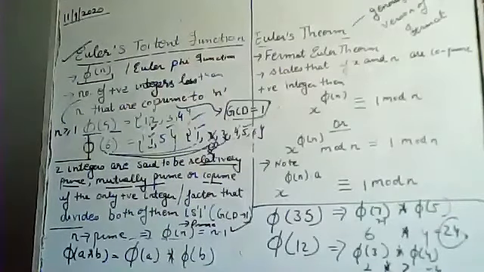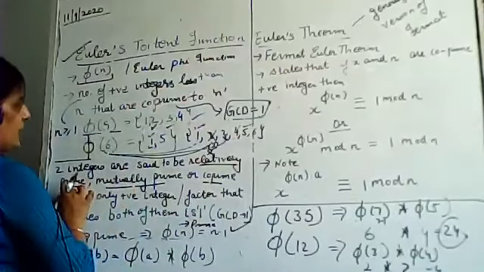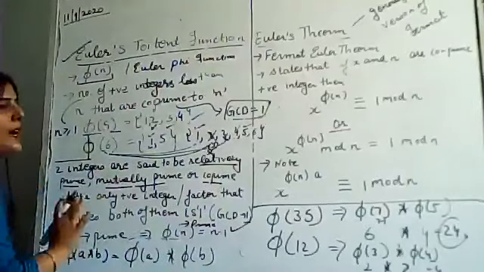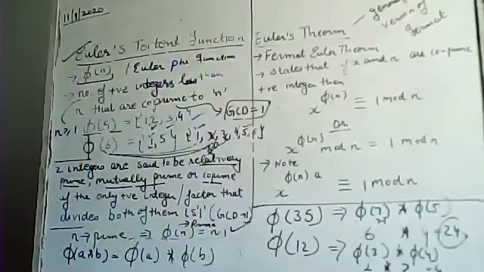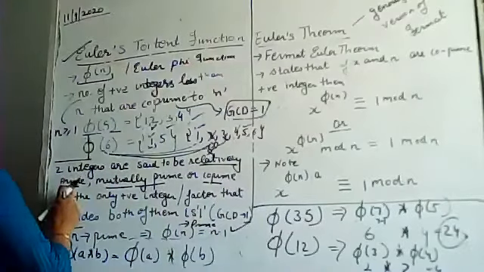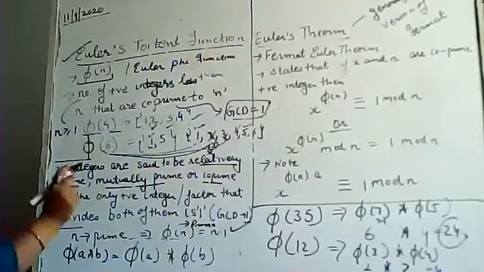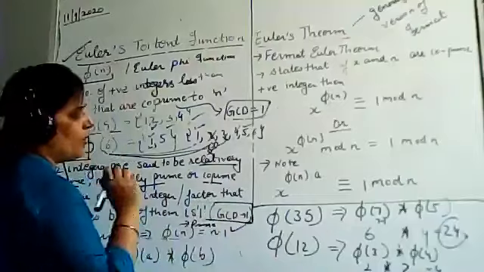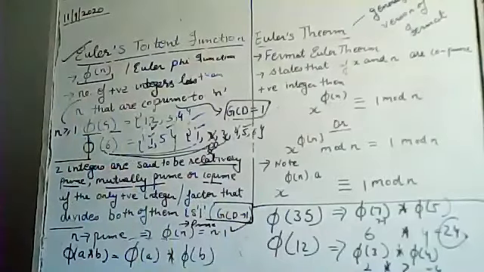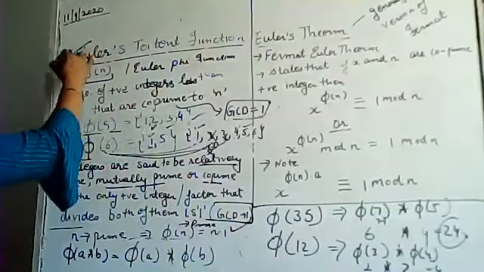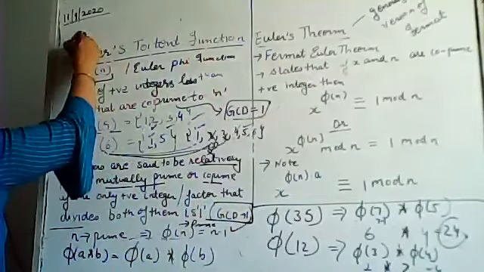Clear? Next important thing that you need to note is that co-prime, mutually prime and relative prime, all these terms are the same. So don't get confused when somebody asks you about relative prime, mutually prime or co-prime. But what you need to consider is that your GCD value should be 1. Clear? So this was your first point.